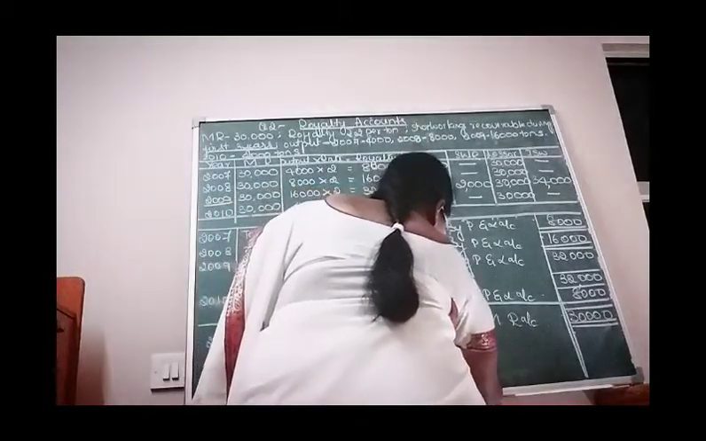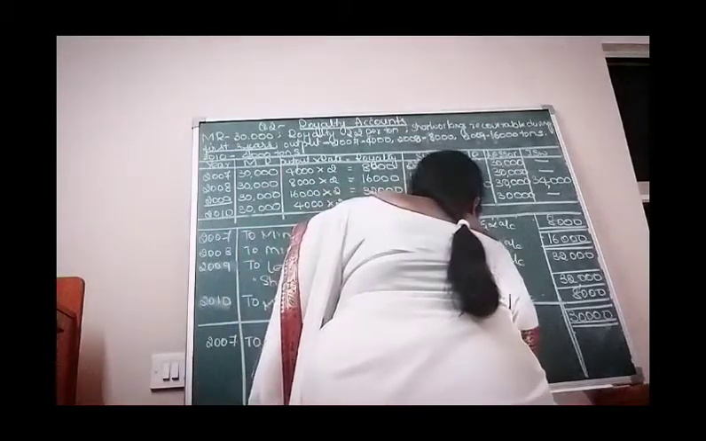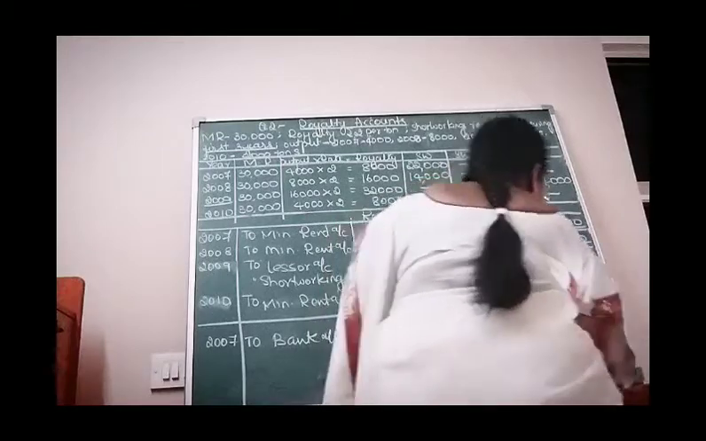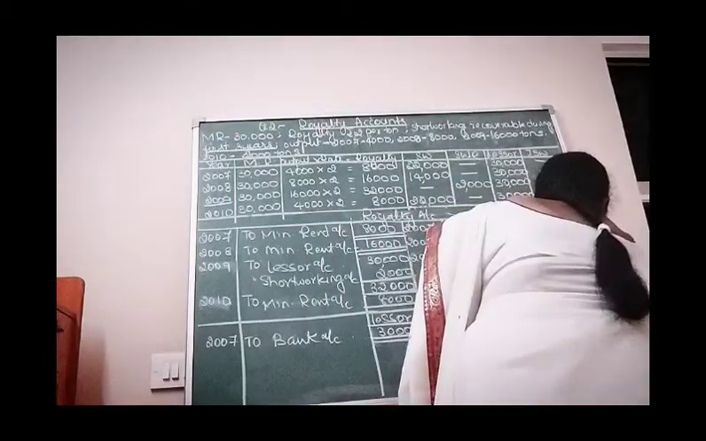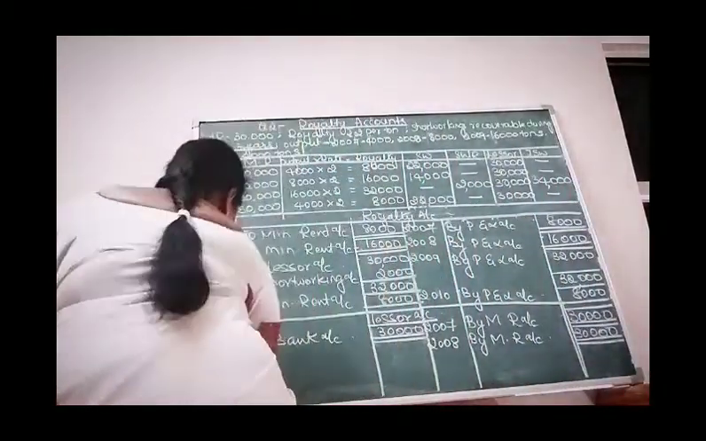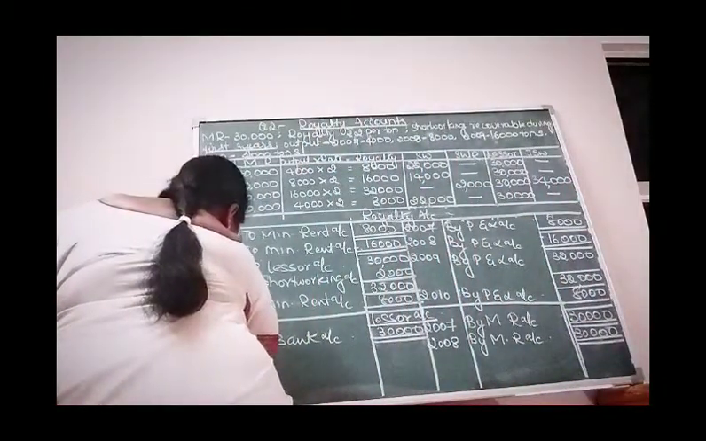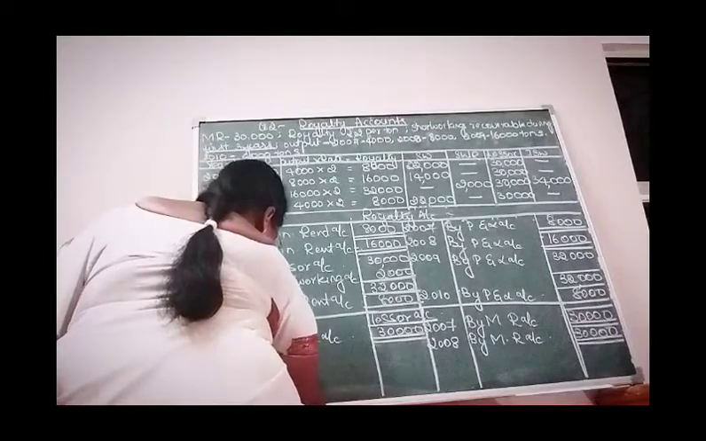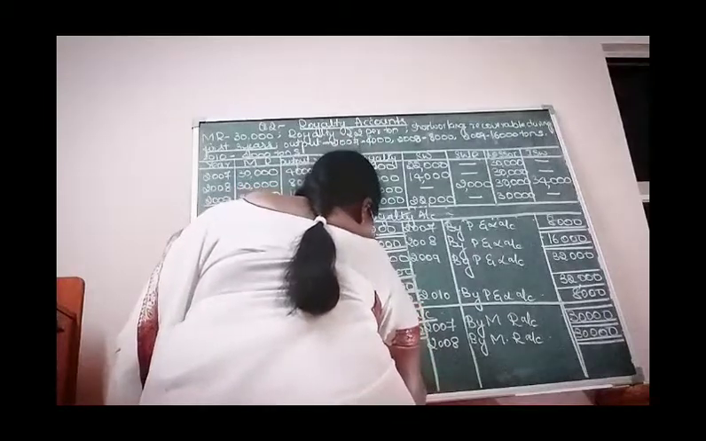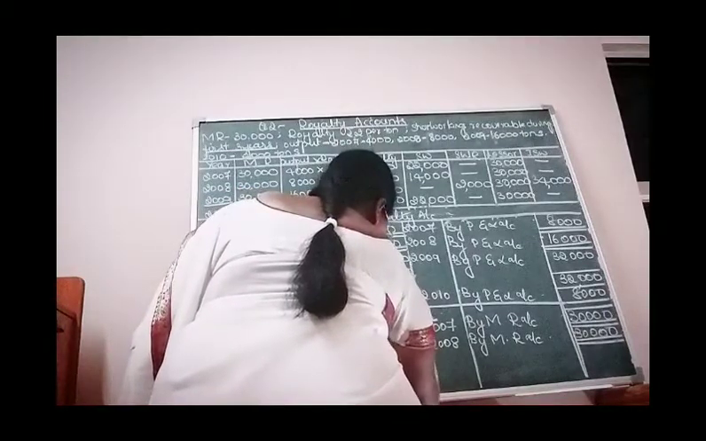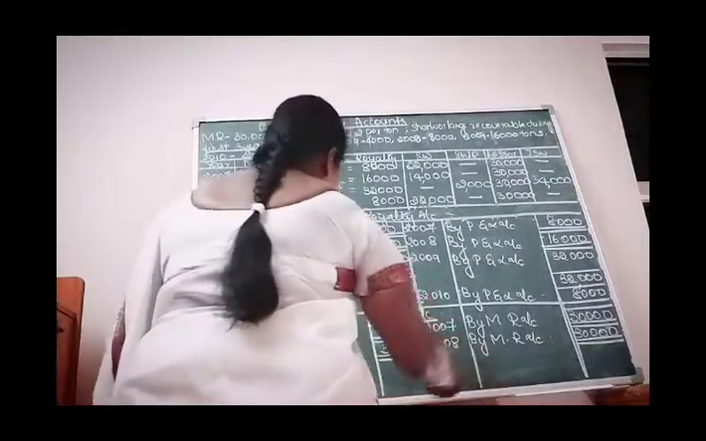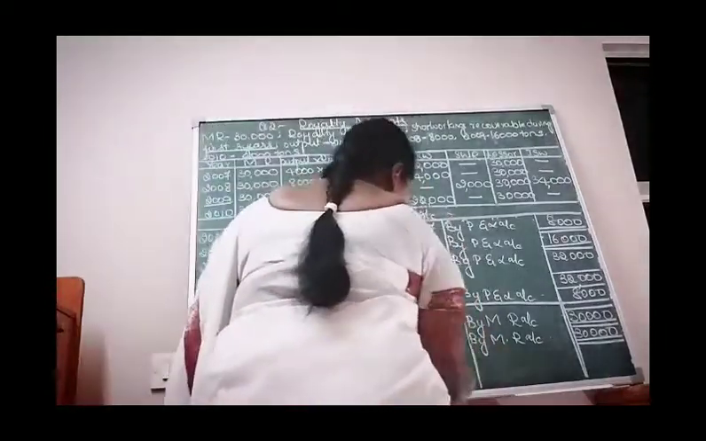Same thing, 2008, write for by minimum rent account. Again, second year also we are making the payment of 30,000, and 2008 to the debit side you write for bank account 30,000, and next for